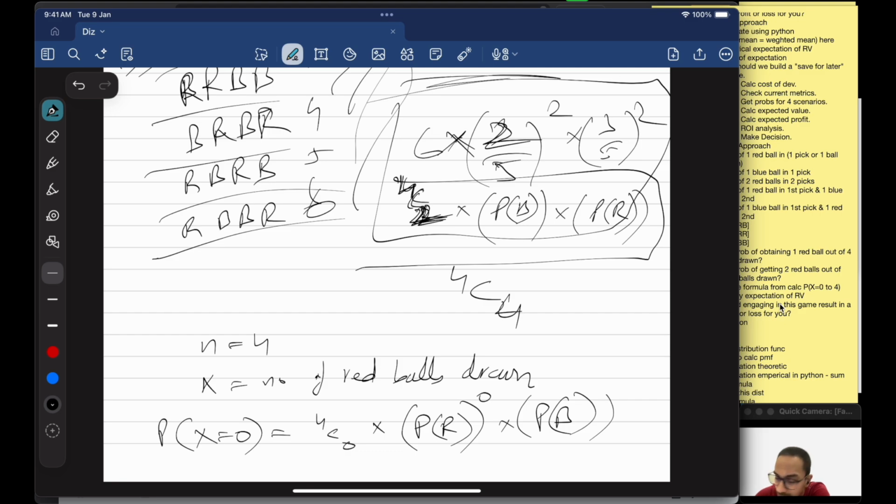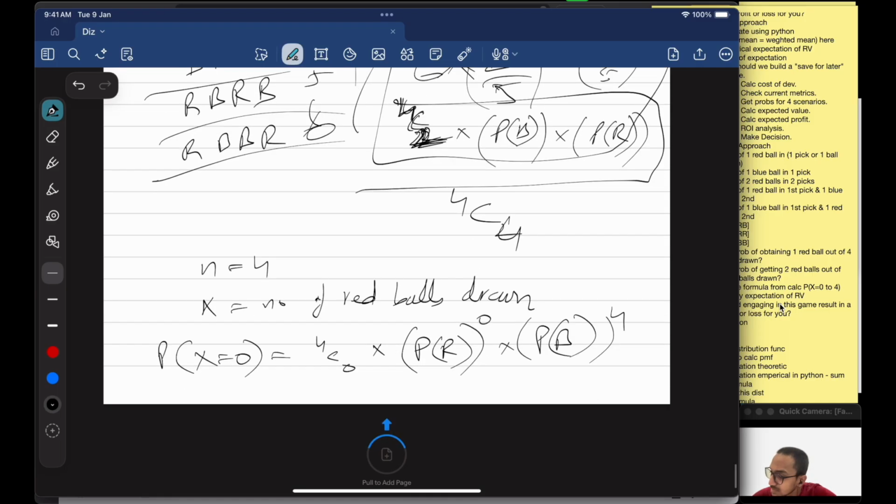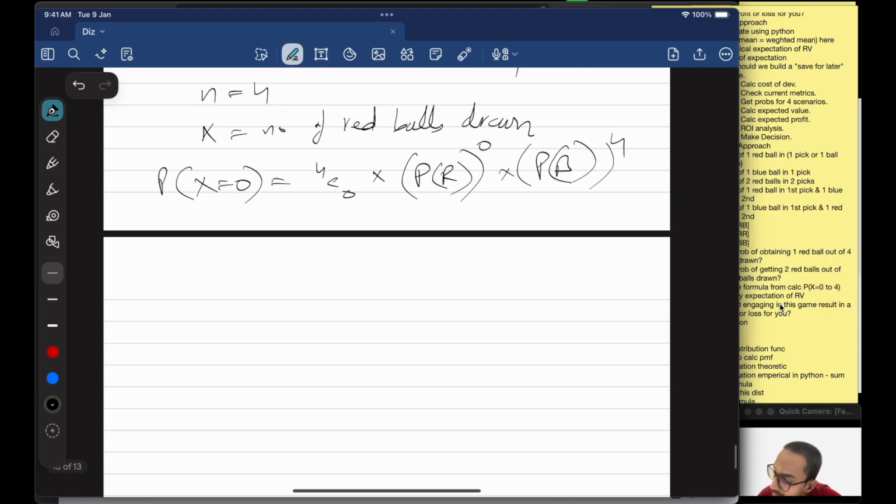If reds are 0, that means the number of blues will be 4, right? If there are no reds in the 4 draws, that means all 4 are blue. So from this, we can say something like P of X equal to k, where k is the number of reds. Let's say 4Ck into